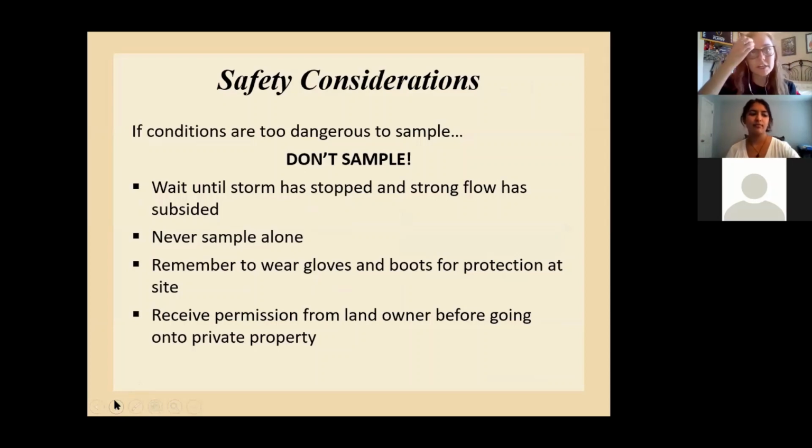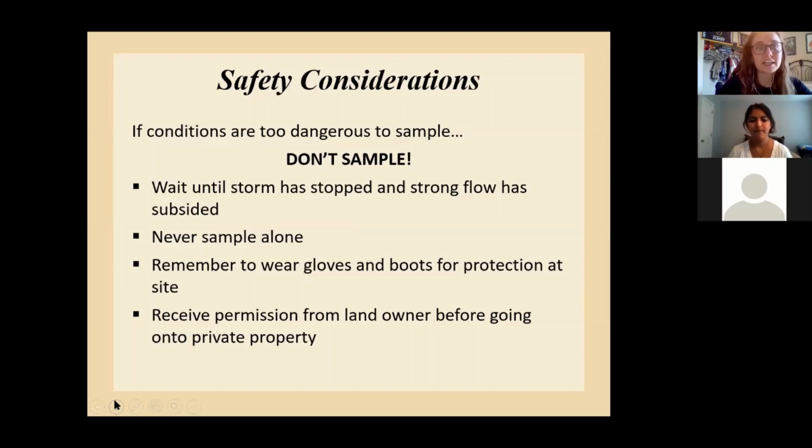So I already mentioned flooding, flood conditions. We don't want to go out in that, not only because we might not find bugs, but primarily because we want you to be safe. That's our top concern. We don't want anyone to get hurt or anything like that while they're out in the field. So if you ever feel uncomfortable about going out, your safety is definitely more important than collecting a sample. So make sure there's no storms while you're going out, which may be hard since it's been storming nearly every day here in Georgia. But never sample when it's storming.